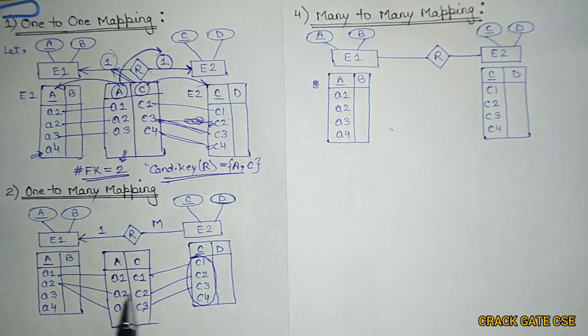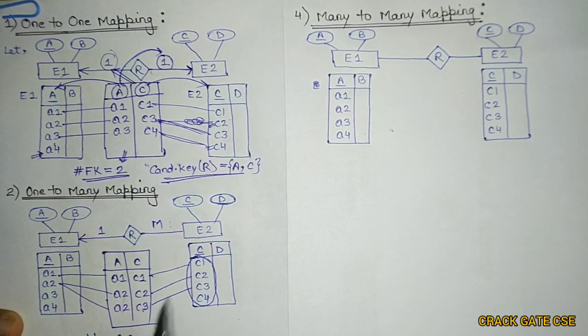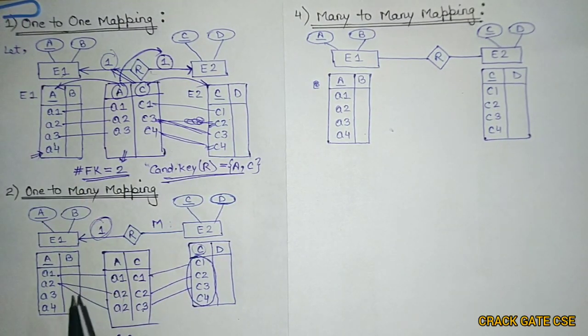What will be the key of this particular relationship set? So here you can see that A1 C1, A2 is also not unique. Here C can be a key, right? C can be a key for this particular AC. So what is the candidate key? C, because this C is relating with exactly one or none values, so C will not be repeated. That's why C is a key, right?